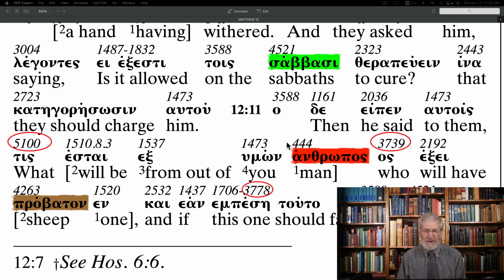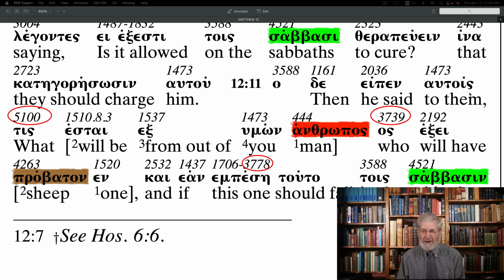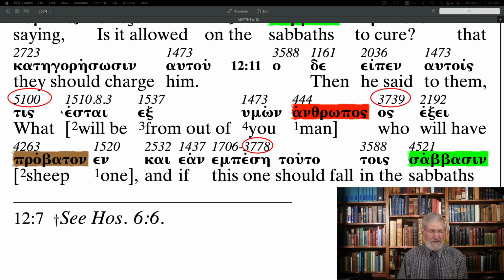And then in verse 11 it continues and it says, "O de epen autois." Then he said to them, tis, and here we have these circles around the pronouns that are not personal pronouns, interrogative what. What? Tis estai ex humon anthropos hos hexei probaton hen. What man will there be from out of you who will have one sheep, and if this one sheep should fall in the Sabbaths,